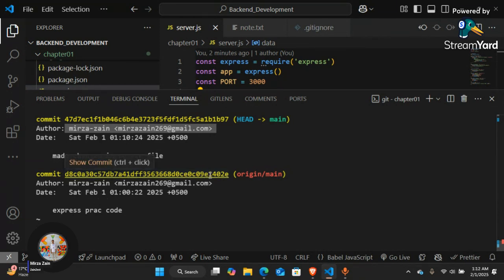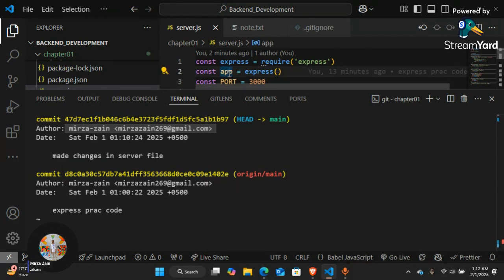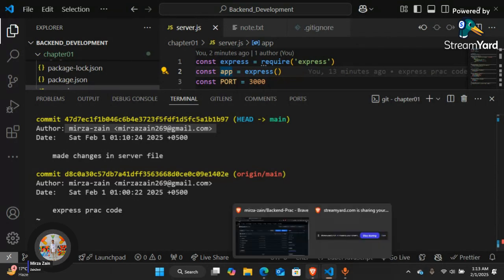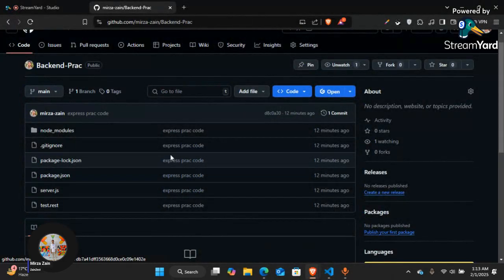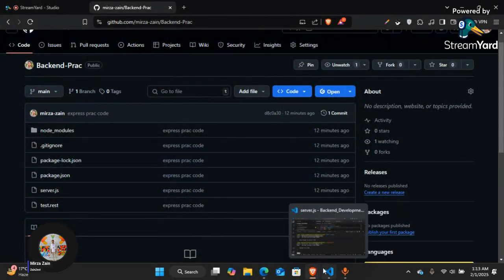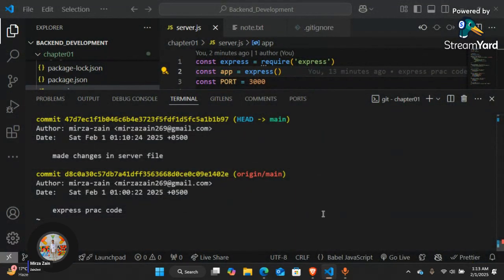So this is how Git helps you maintain the history of your code and keep your copy of the code. If you lost it somewhere, like if your system crashes or something like that, you can still access your files from GitHub cloud storage easily, anywhere. So after that, let me just close this git log, and after closing it,